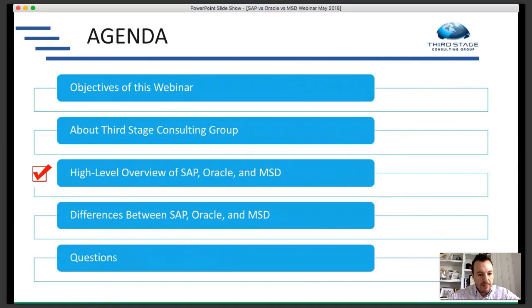Given the time frame that we have here today, we're really going to focus on a high-level understanding of what these 3 different products are, what the differences between them are, and what some of the general decision criteria we might use are to determine which one or more of these solutions might be best for our organization, or where we might spend a lot of our time evaluating as part of our digital strategy.